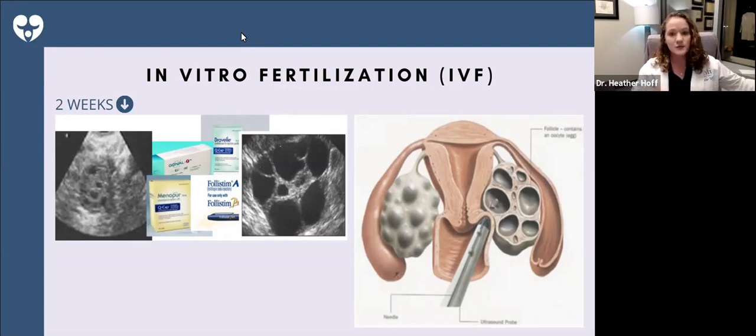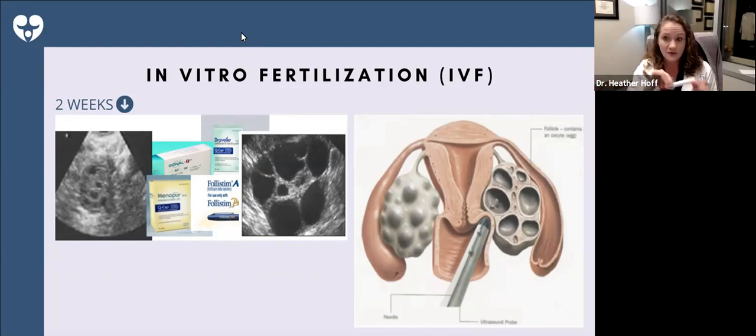So, typically the brain will tell the ovaries to grow 1 egg every month, and that egg will be ovulated. IVF is a process where we actually give injectable hormones, such as this one. I don't know if you can see that. Injectable hormones that will allow the ovaries to grow multiple eggs at the same time. And so these injections usually are 7 to 14 days of injectable medications, but it's basically, we're using the exact same hormone that your brain uses to tell your ovaries to grow that 1 egg, but now we can grow a bunch of them and try to keep them all growing together.